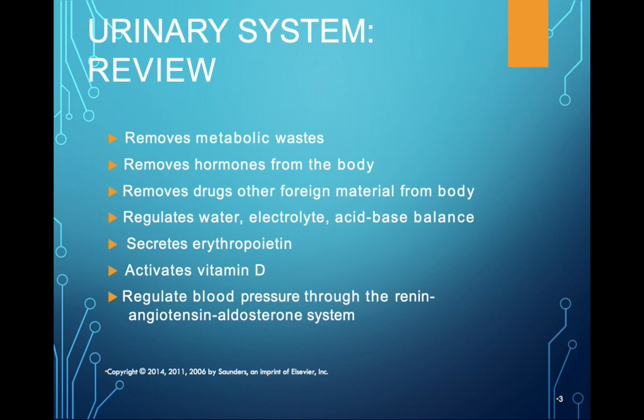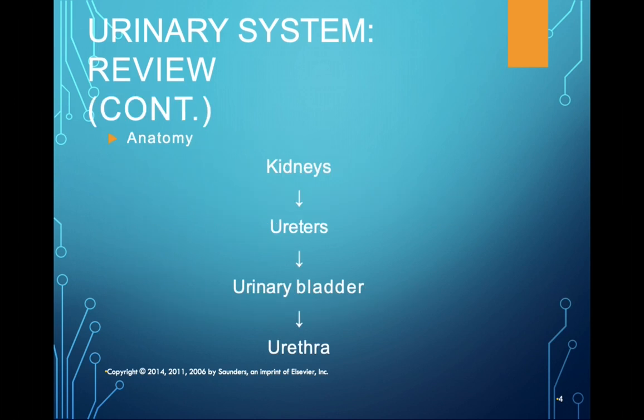It's involved in water regulation, electrolyte balance, and acid and base balance. It's involved in secreting erythropoietin. It activates vitamin D, and it's involved in regulating blood pressure through the RAS system, the renin, angiotensin, aldosterone system, RAAS. So the main parts of the urinary system are the kidneys, the two ureters, the urinary bladder